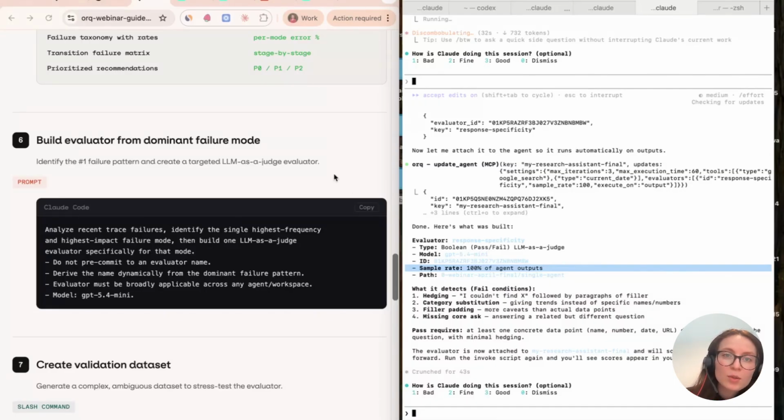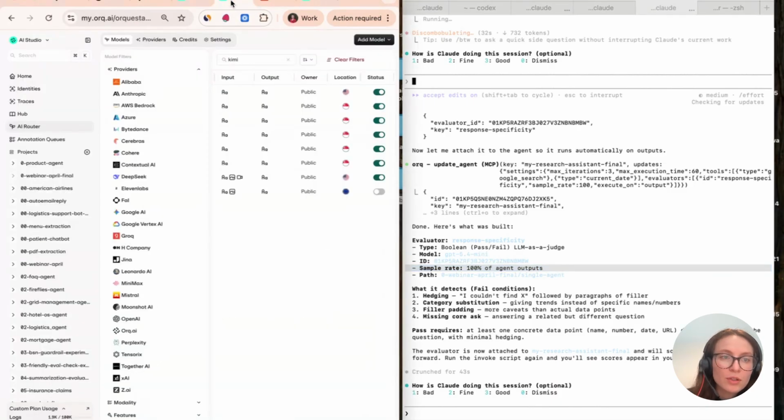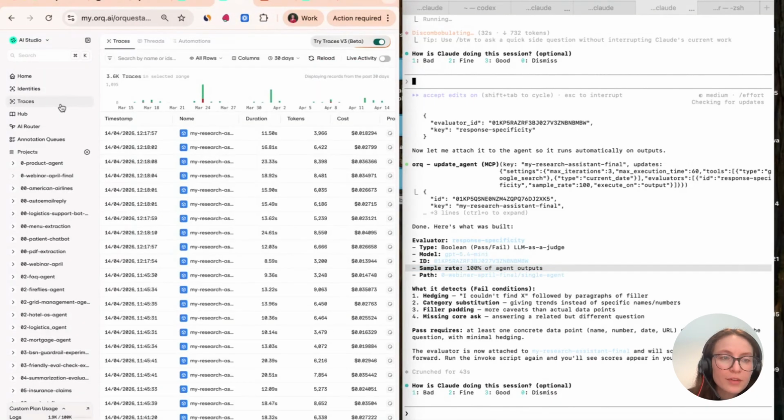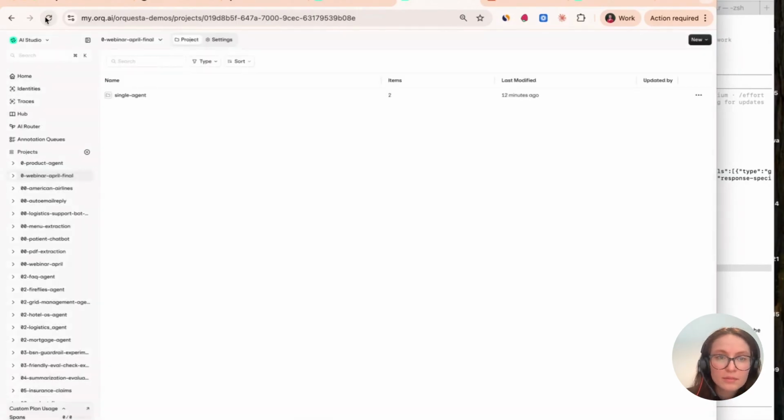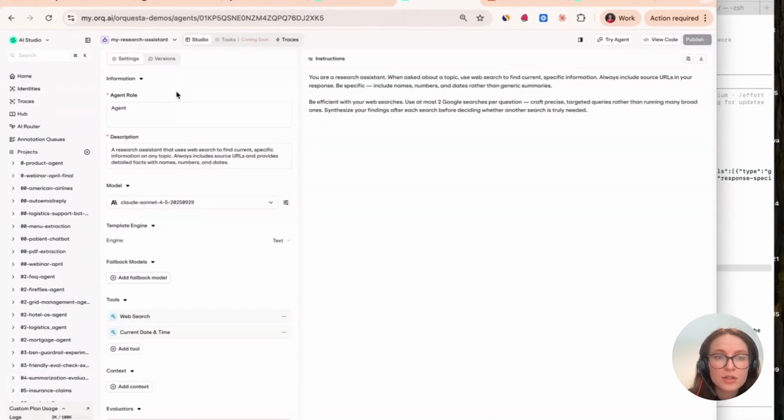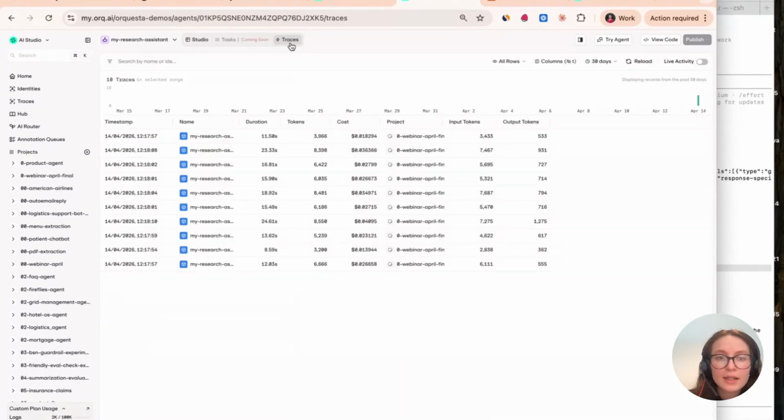So to take it quickly back to the studio, if you open the orq platform as well, and you go into the sidebar here, you see traces. I have traces v3 on. You might have this toggle on traces v2, but here you see all the new traces coming in across your workspace. So if we go in here, and then indeed, as was mentioned, we had to do a hard refresh. You can also go into your agent that you've built, maybe a simple research agent like mine, and here you can find the specific traces for this agent.